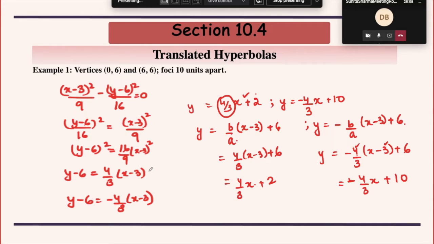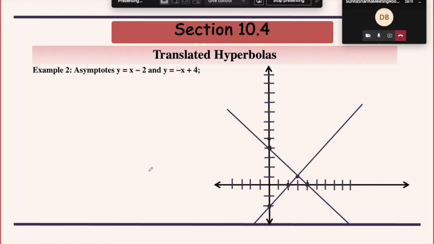Okay, so I'll proceed to the second question. Here asymptotes are given to you, and you are required to find the equation of the hyperbola and then the graph of the hyperbola. So equation of asymptotes is given. Now what all information do we have? I have drawn or sketched the two lines. So what all information do we get from here? Let me see. Chippy, can you try and answer this? What do we get to know when we draw these two asymptotes? What information does it provide us for the required hyperbola?